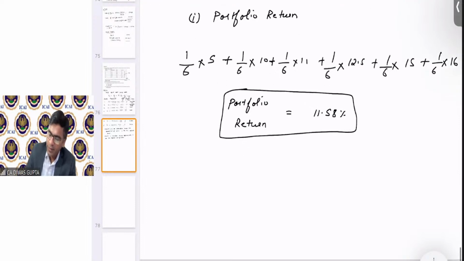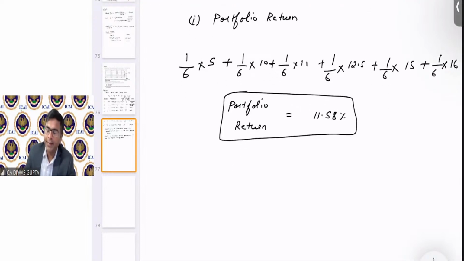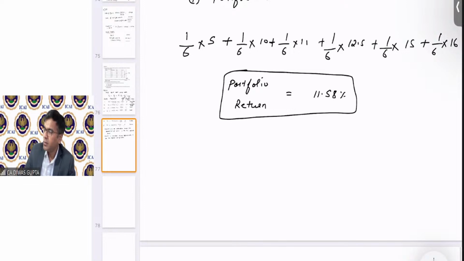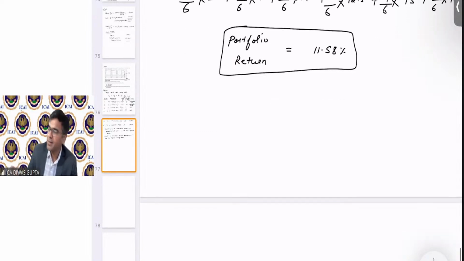Then, for the next step of calculating the overall portfolio risk. So students, we will be using the Sharpe index model here because we have been given beta and we have also been given the market standard deviation. Correct, students? So we are not using Markowitz portfolio theory. We will be using Sharpe index model. So yes, for that portfolio risk,